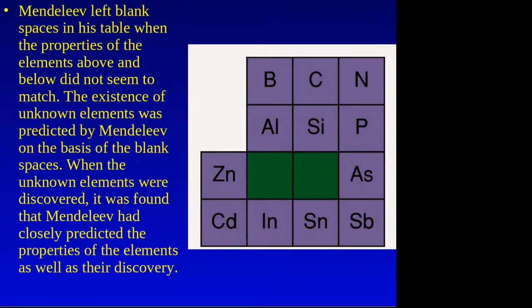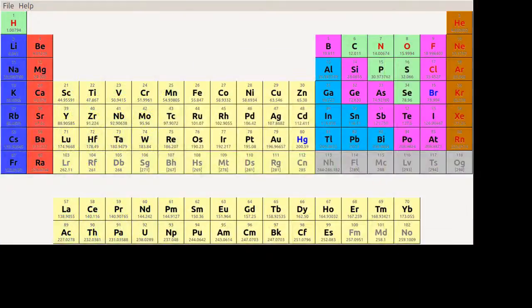And so I'll see if I can get this to switch back to the periodic table. There we go. So notice that there are columns, distinct columns. There are some gaps up here. All right, there are some gaps here. And then there are distinct columns. And that's what he meant by periodicity. That every so often, and so everything in a column has similar chemical properties.